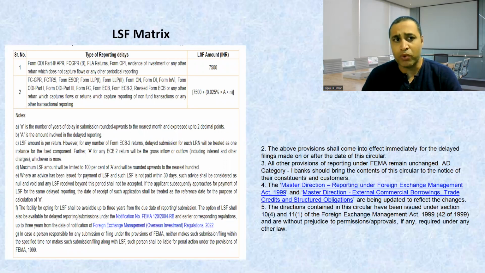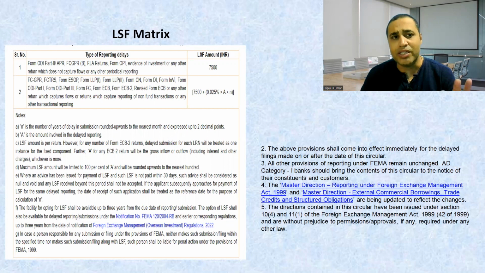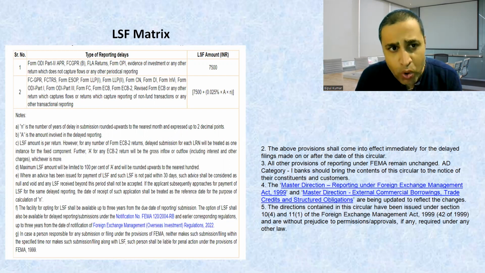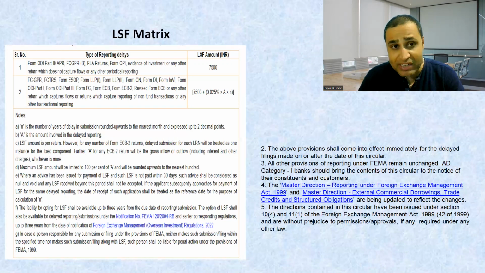First, from ODI Part 2, Advanced APR, FC GPR, FLA return or Form OPI, evidence of investment or any other return which does not capture flows or any other periodical reporting, that is a flat fixed late submission fee